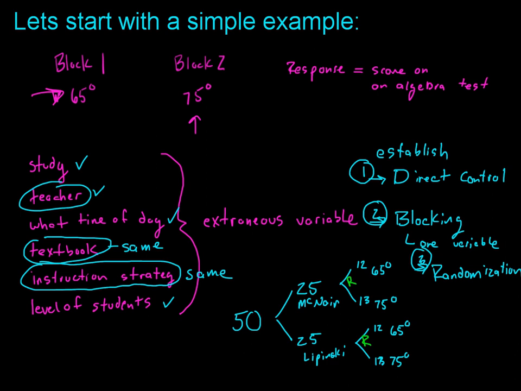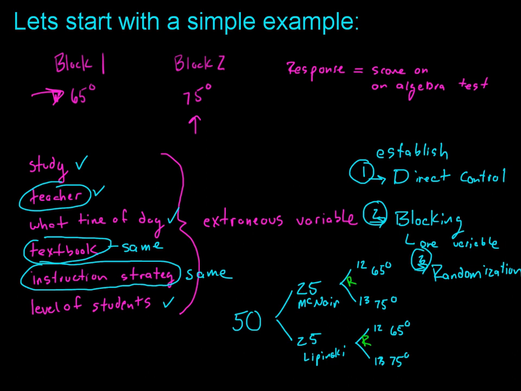Randomization can cover for all those other variables that are impossible to control for. Some things, like how much a kid studies, we can't choose, so we can allow that to stay. Now, rather than just saying, hey, you kids take it at 65, you kids take it at 75, go see what happens, we've actually thought about and controlled for many extraneous variables, and we have a much, much better, well-planned experiment